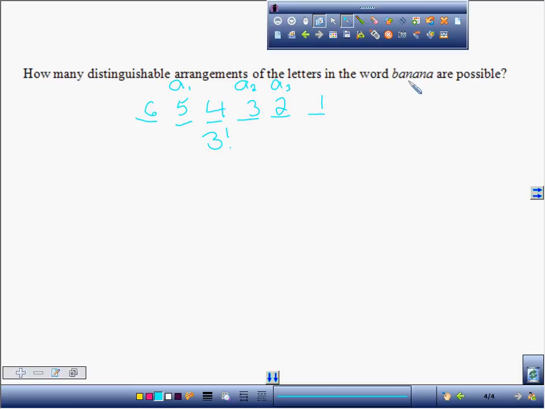And how many ways are there to arrange these n's? 2. There's 2 ways to arrange the n's, right? So say my n's are here. So here's one n, and here's another n. Because I'm already accounting for the different positions by doing this 6 times 5 times 4 times 3 times 2 times 1. That's if every letter was different, right? But since these n's are indistinguishable, whether this n is here, this n is here, or vice versa, there's 2 ways to arrange those n's. For each spot, those n's could be in, right? And so I also have to divide by 2 factorial, okay? And so when you have repeated letters, okay, you have to divide by the factorial of the number of times